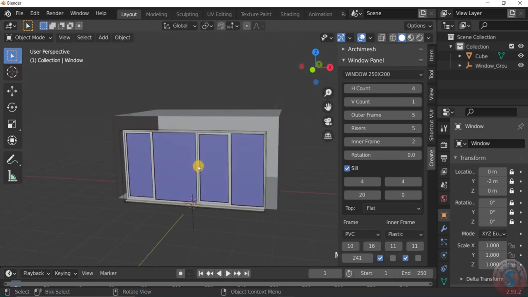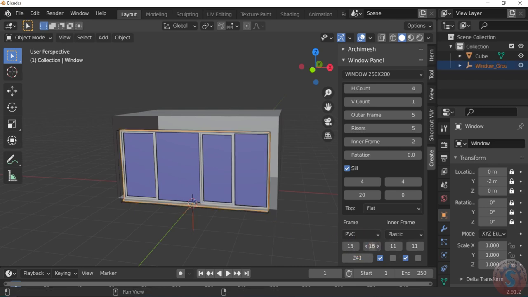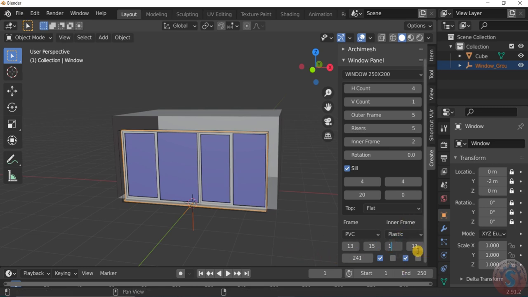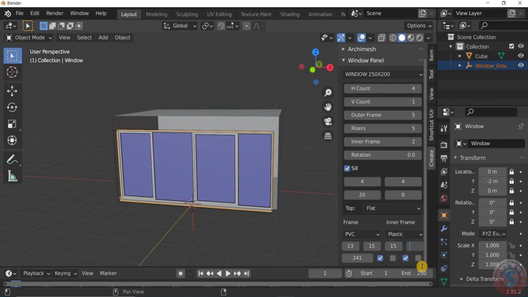I want to increase the dimensions of this frame. First I am giving the frame 130, and next I am giving 150, for example, and next 150, and next I am giving 130.